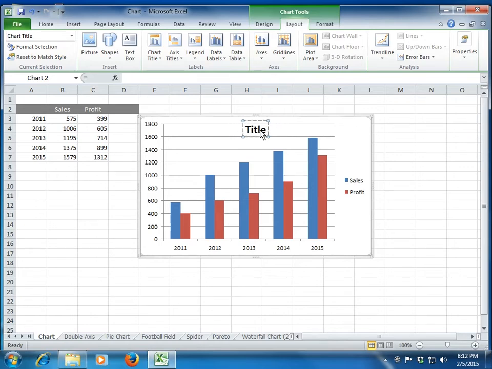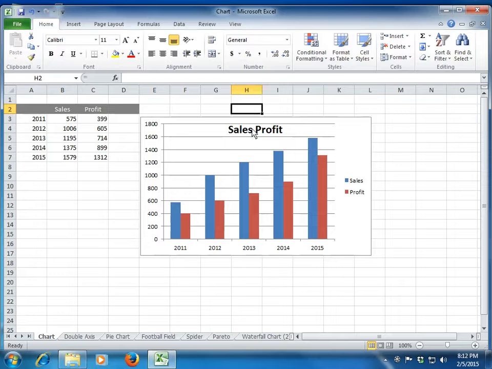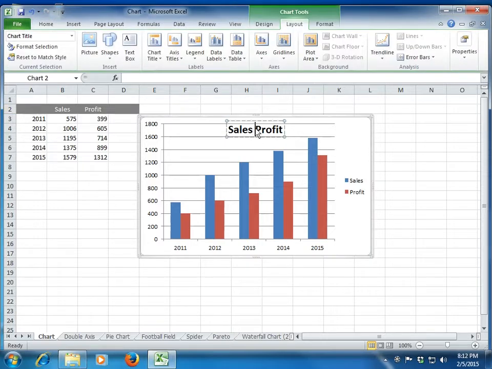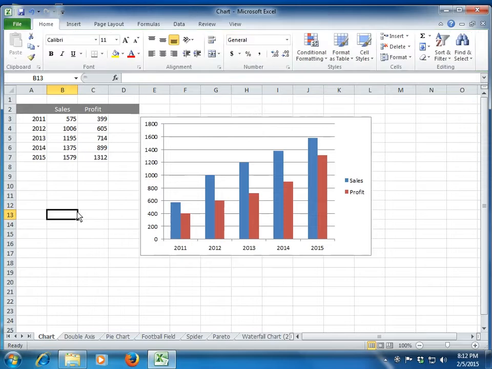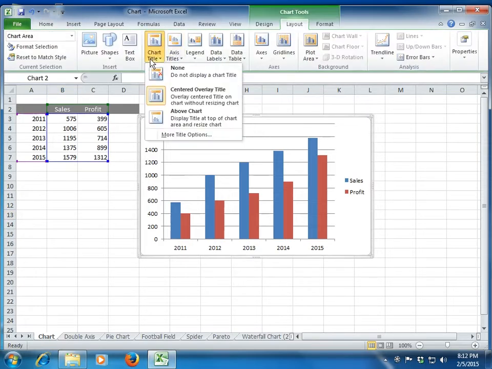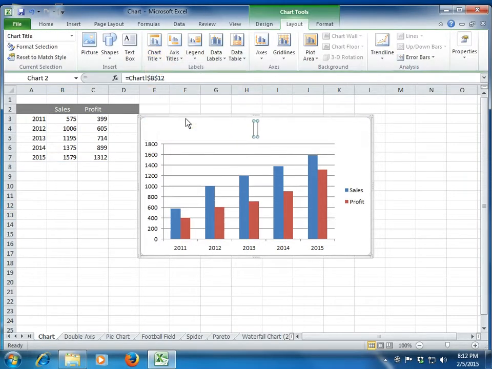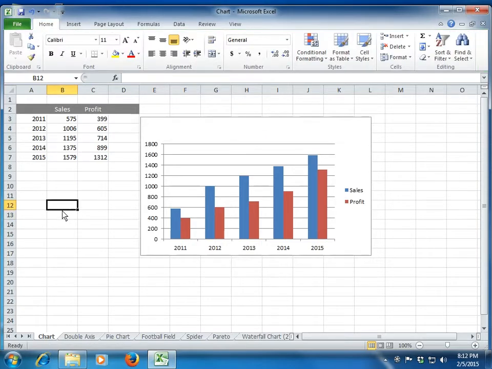You can give it any title you want. Let's say I give it sales profit chart. You can also link it to the cell. Now let me show you how to link it to the cell. You first come here, in edit mode, go to your formula bar, place equal to, and then link it to any cell you want, right? So you see that it becomes 0 because the cell content is empty right now. If you want to place it above the chart, this is where you do it. So it's B12. Let me put some text here.